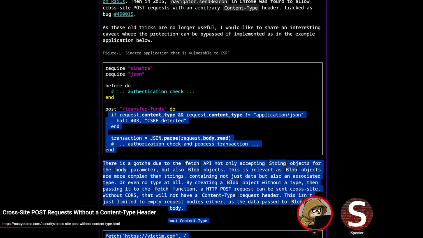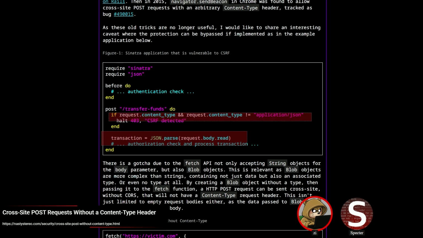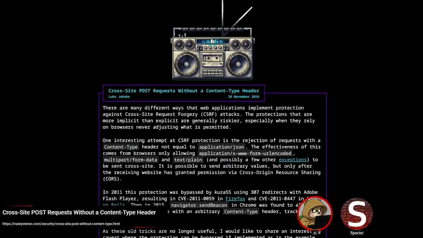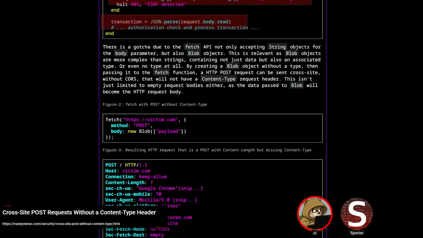What if your request just didn't contain the content type header? Well, it would still go ahead and read that as JSON anyhow. It just wouldn't fall into this check, or it wouldn't fall into the check of actually checking the value because it didn't have the header. But that also kind of comes to: can you send that? And they note here that yes, in fact, you can, using fetch specifically.